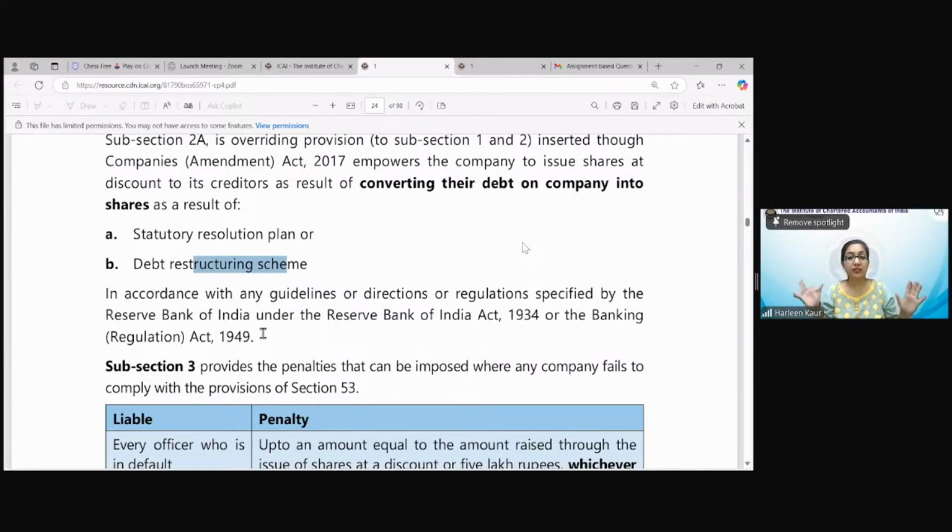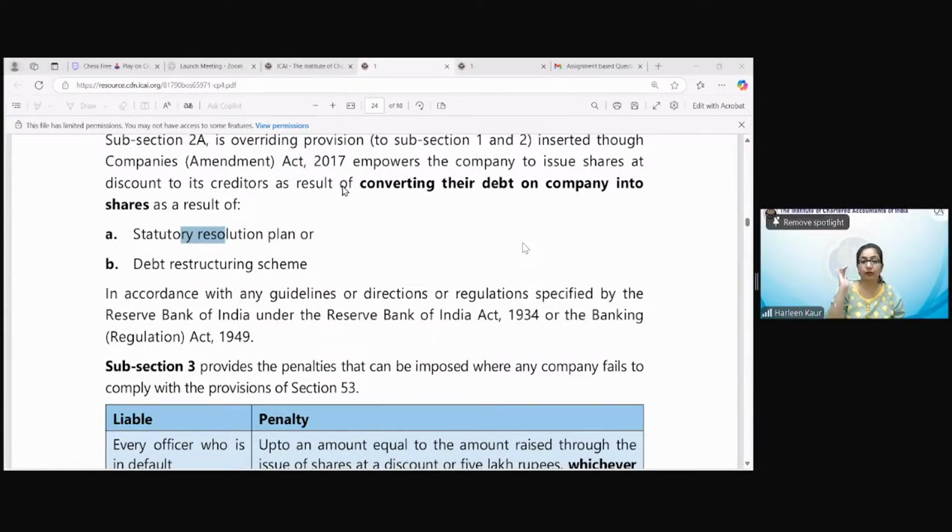So you will tell your creditors, 5 lakh rupees were to be paid, but I'm sorry, I don't have 5 lakh rupees. Can I give you the shares of 5 lakh rupees? And you try to tempt them that yes, we will issue the shares at discount, you can buy them cheaply, because the company is in pain. It needs help. So for debt restructuring, there is a statutory resolution plan; if the company has gone insolvent, then also all the creditors cannot be paid fully. So in such cases, the company can convert its debt into equity. At that time, the company can issue the shares at discount. All right? Yes, absolutely, Kevin.